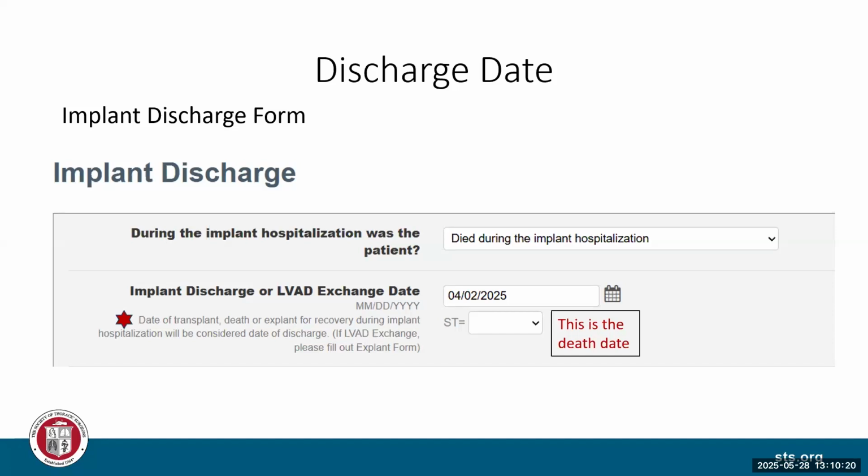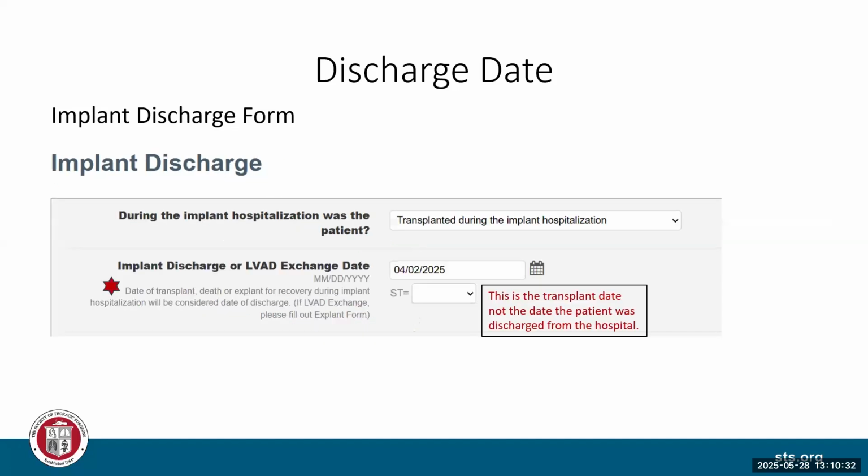So if you do forget, you'll just get an email from me, reminding you that the patient has an outstanding form. But yes, if the patient dies during their implant hospitalization, the death date is the date of their discharge. Same with transplant. If the patient was transplanted during their implant hospitalization, the discharge date is the date of their transplant, not the date they were discharged from the hospital from their transplant.